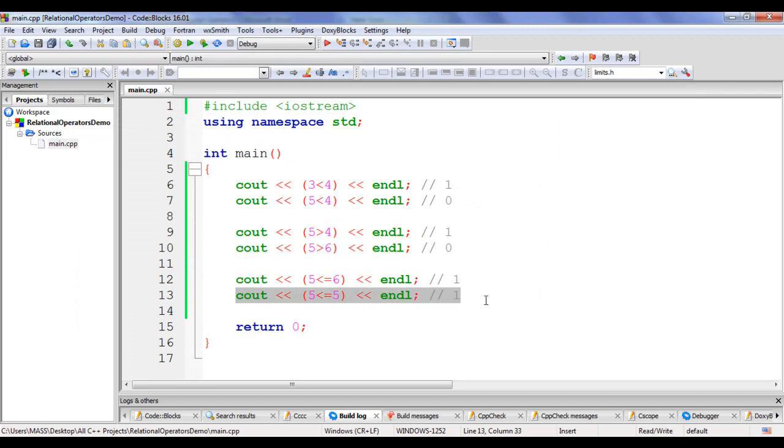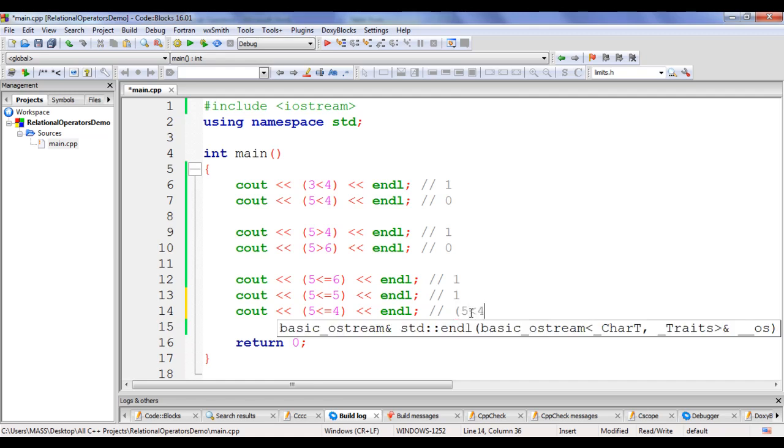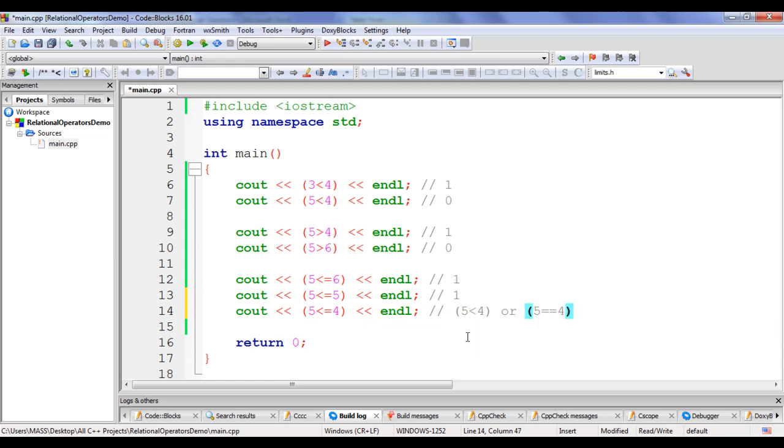I'm going to copy this line of code and paste down. What happens if I say here 5 less than or equal to 4? We have two expressions here, 5 less than 4 or 5 equal to 4. 5 less than 4 is false.